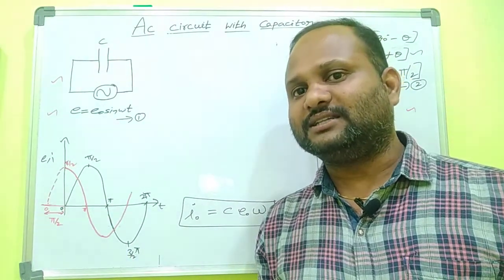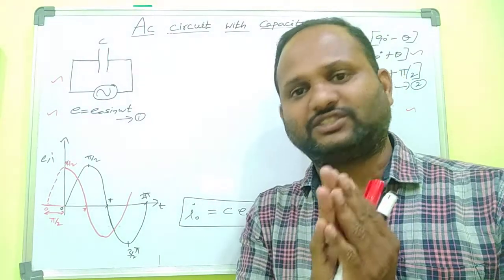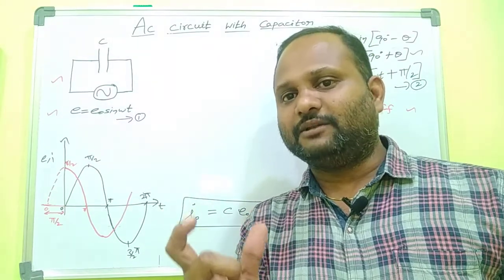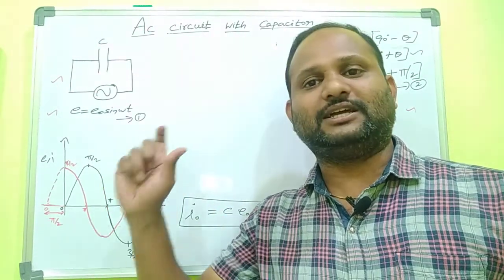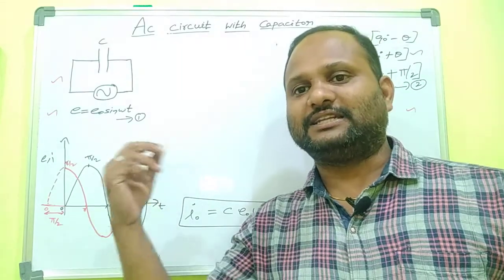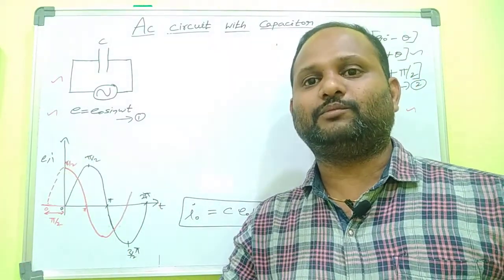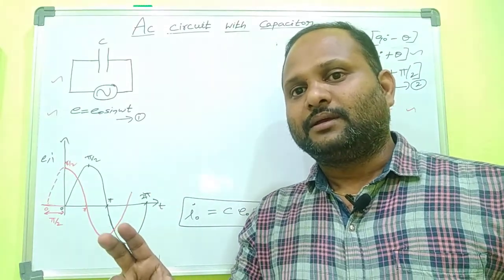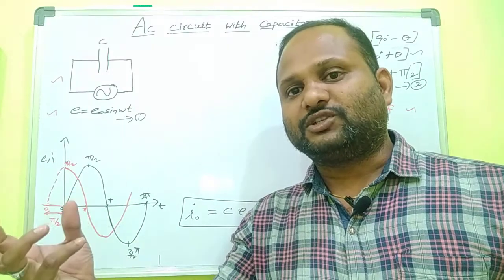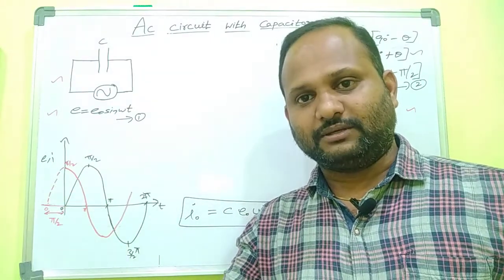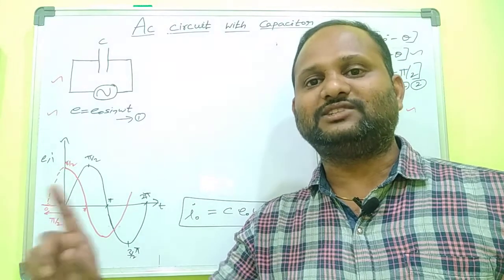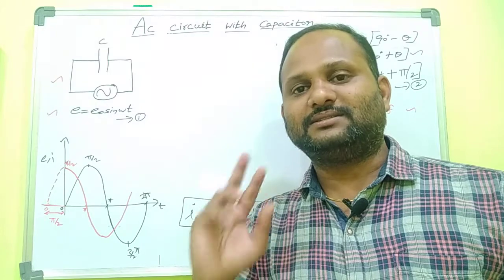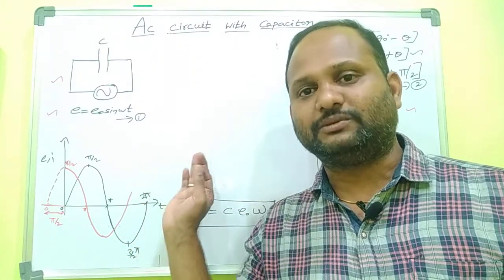The capacitor stores charge, and when the current is first allowed to pass through the capacitor, after a certain time there will be an EMF induced in the capacitor. First the current is passed, then only the EMF will be produced. There is a certain time lag between the application of current and the production of EMF. Here the current leads first, the current goes first, then only the EMF follows. So first current, second EMF. Don't forget, this is one of the most important things.